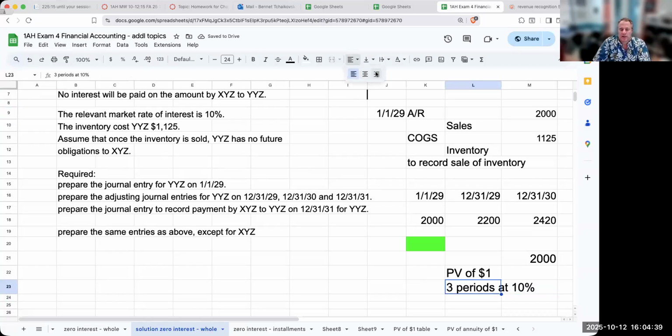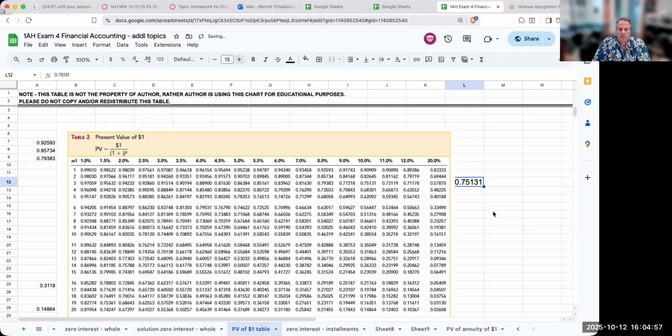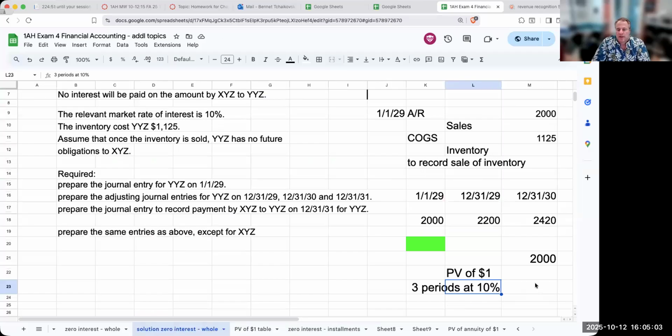So let's go ahead and take a look at that table. If you have never used present value tables before, I strongly suggest to you that you go through and look up bonds. So 3 periods at 10% is 0.75131. So right over here, I'm going to take this 0.75131, and I'm going to multiply this by the 2,000. I'm going to get